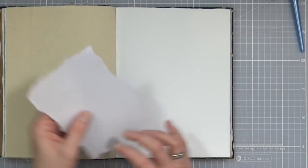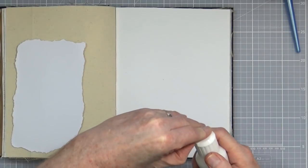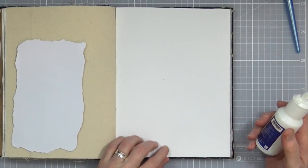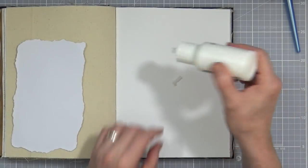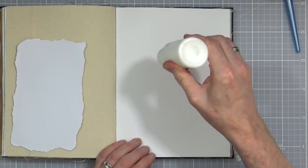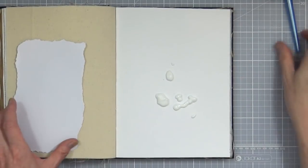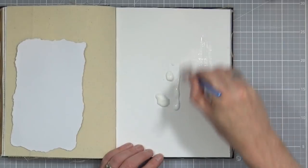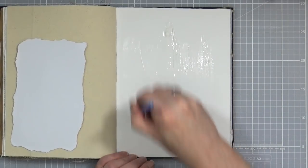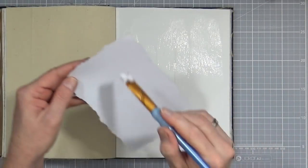So I'm going to just start by gluing it down onto the page using some matte medium. This is throwing it all over the floor. This is the matte medium from Indigo Blue. So I'll give it a good splodge. I have my brush. Just give that a good going around the page. Make sure there's plenty of it on, and then I can just quickly